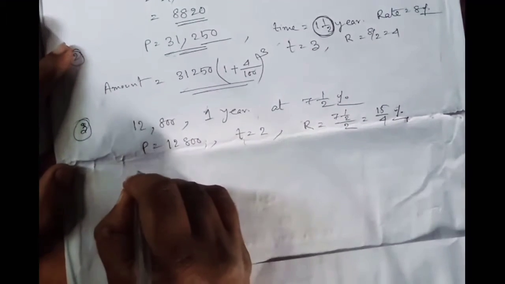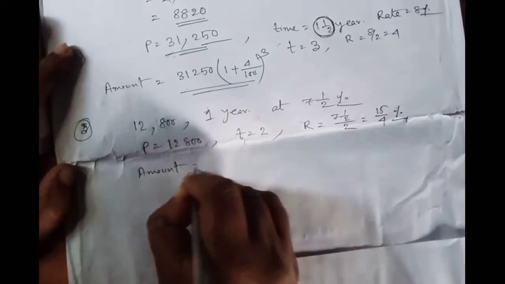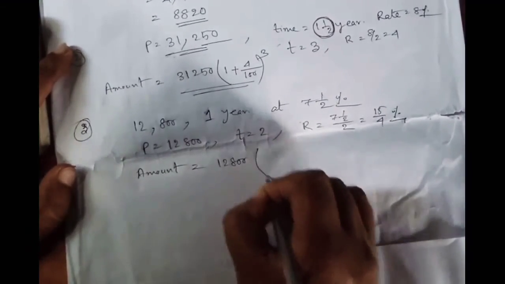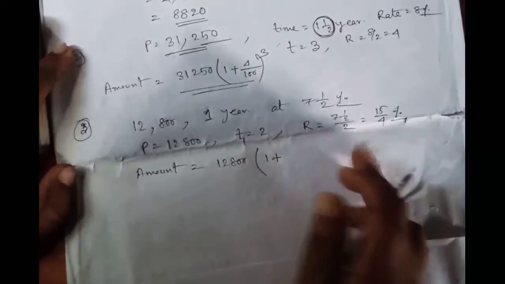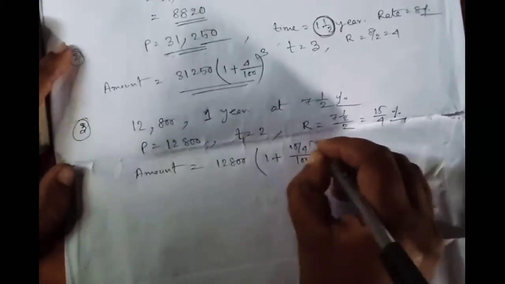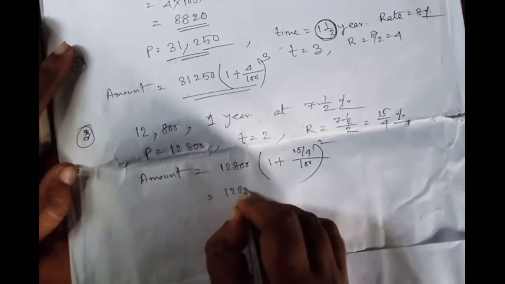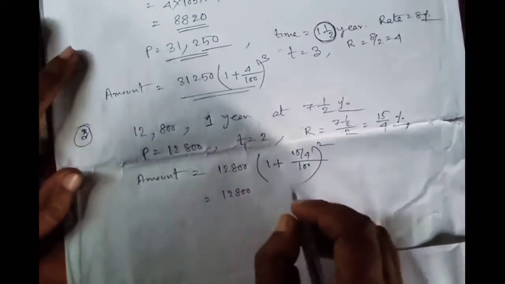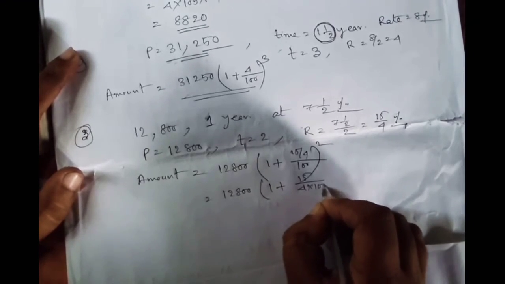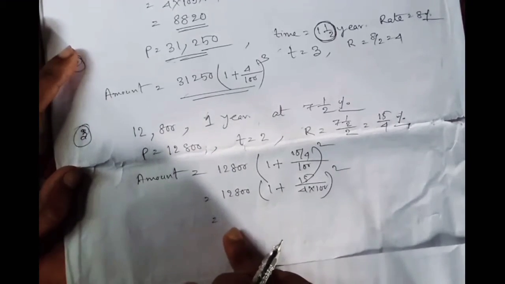So, amount should be 12,800 into 1 plus R by 100, that is 15 by 4 by 100, whole to the power 2. Understood? So, 12,800 into 1 plus 15 by 4 into 100, whole to the power 2. So, if we do the calculations,